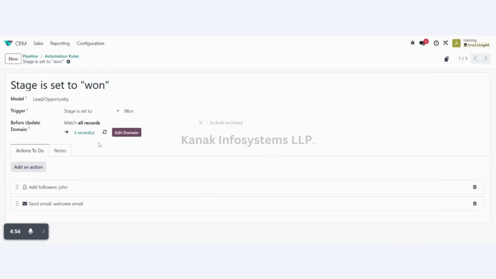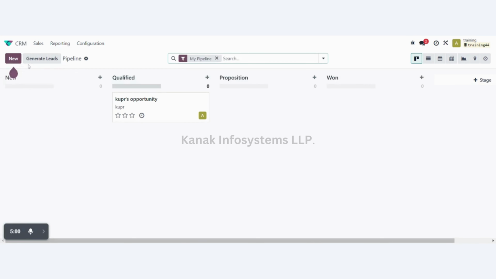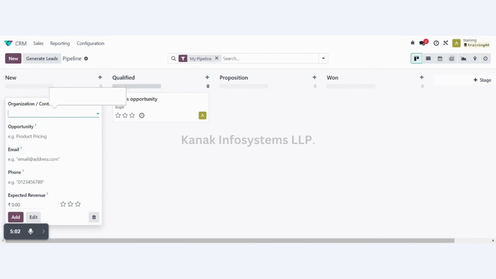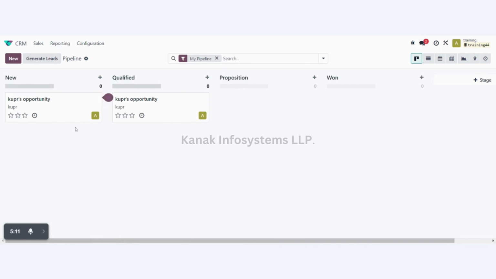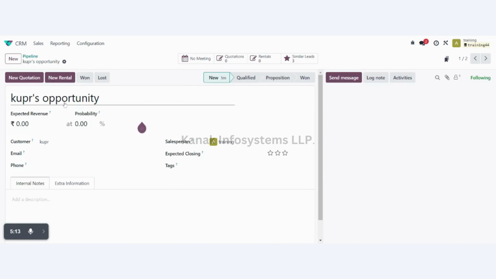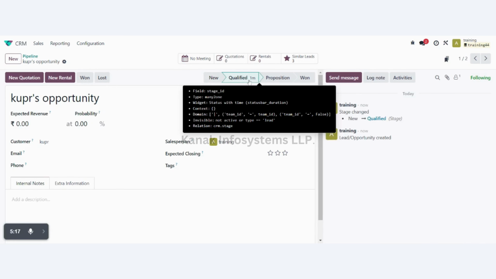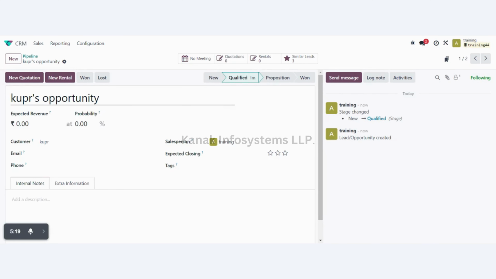Now let's save this and see how it works in actual. Let's go to my pipeline and create a new lead. Let's choose a person whose opportunity we are creating. You can see we have created Cooper's opportunity. Now let's move to the qualified stage. You can see